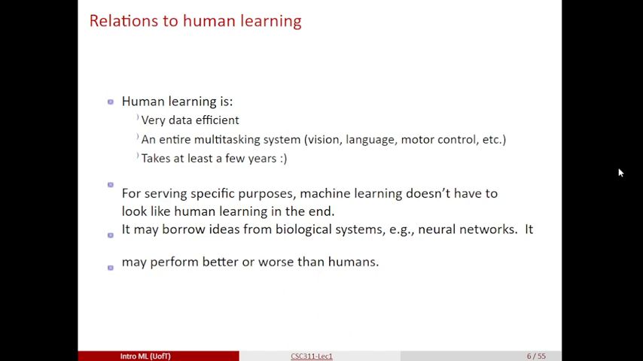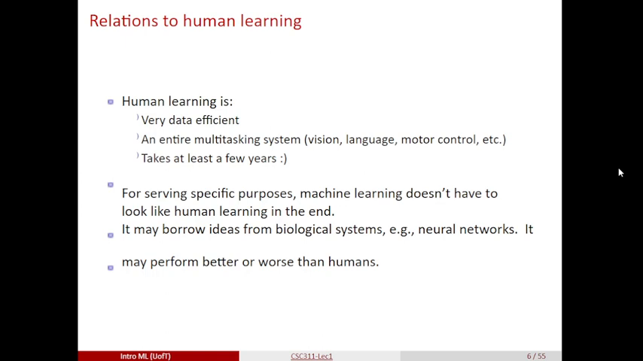Let me just go over that entire slide again. Human learning is very data efficient. An entire multitasking system with vision, language, motor control, etc. This is all what we do. But of course, it takes a few years for us to pick up all of those tasks. I mean, as a 1-year-old baby, we don't just start talking like Abraham Lincoln and start playing